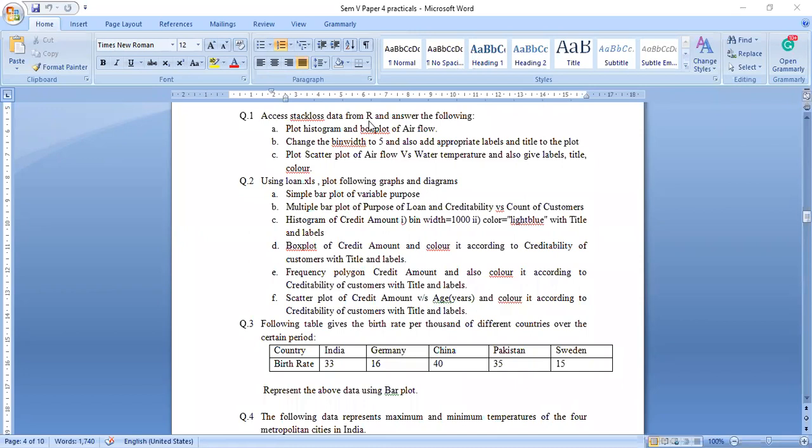Don't perform anything yourself. Then you need to plot a scatter plot of these two variables, and also give the label, title, colors, etc. Okay, so let me share, or you can just take a screenshot of this question, so that there is no ambiguity in solving the problem. Because once I share another screen, like RStudio, the code is already there. I just have to run that code, and based on the variables and questions, I will perform exactly what they want. Okay, so I'll share my other screen, which is RStudio.